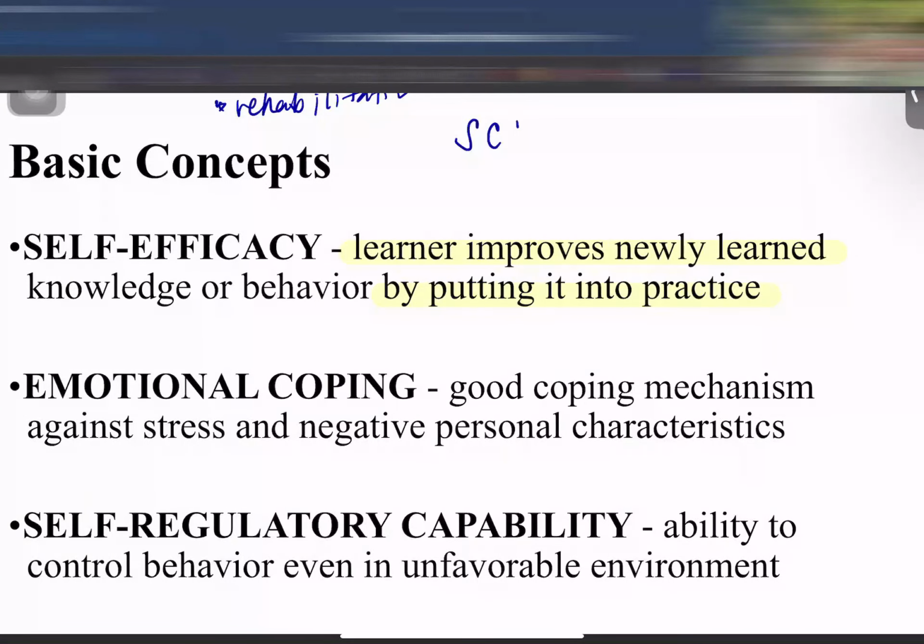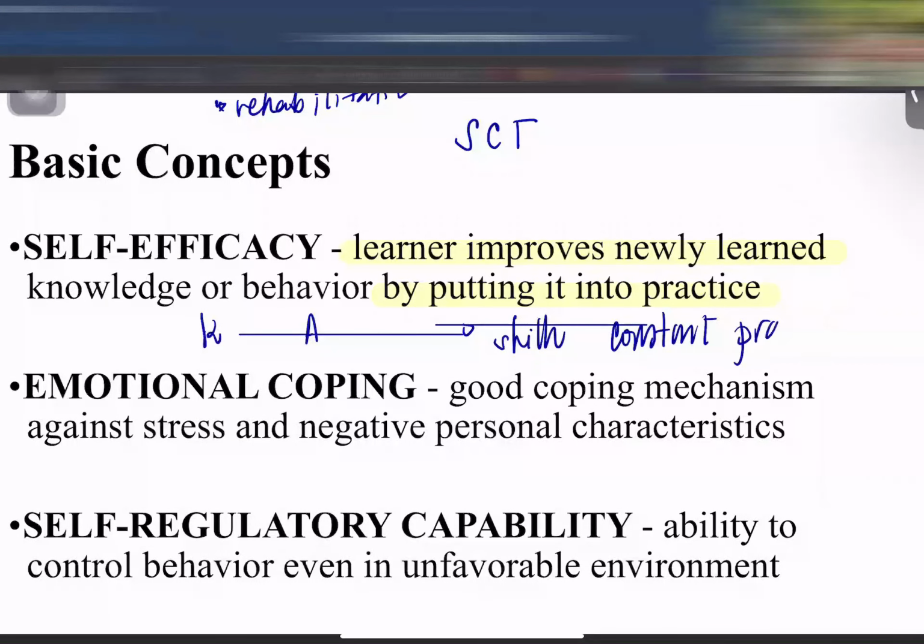So when we talk about social cognitive theory, your goal is that you put it into practice. Hindi pwede, class, that, for example, you're just learning it, you will have just the knowledge, and then you have the attitude. That knowledge and attitude, class, needs to be converted to your skills. And that can only be attained by constant practice. Okay? So class, it needs to be put into practice. So one example perhaps is that